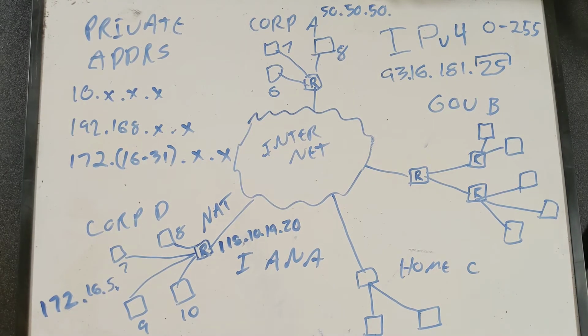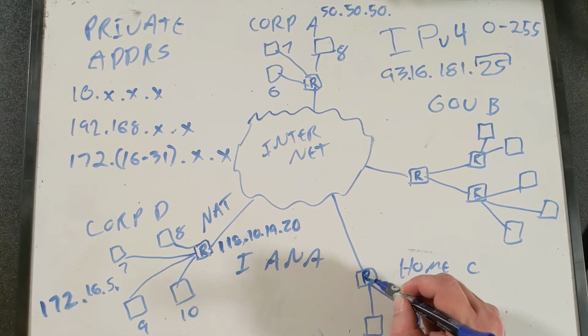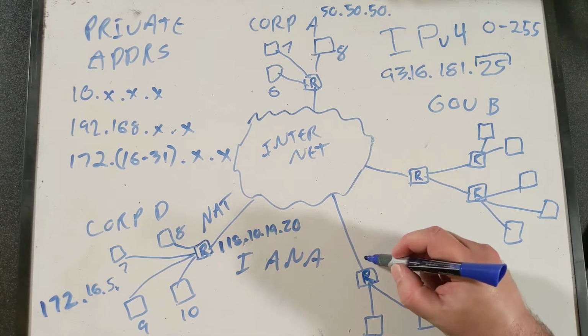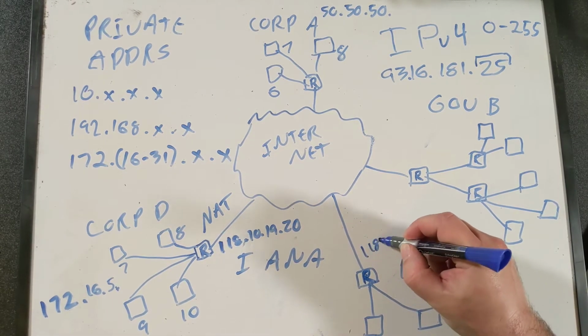Now, on your local home network, almost certainly the devices that you have have private addresses. Home networks are private networks unless you paid extra money to your ISP to be assigned additional public IP addresses. And the most common address range that gets assigned is out of the 192.168 block. So we have a router here. That router has a public address. Let's call it